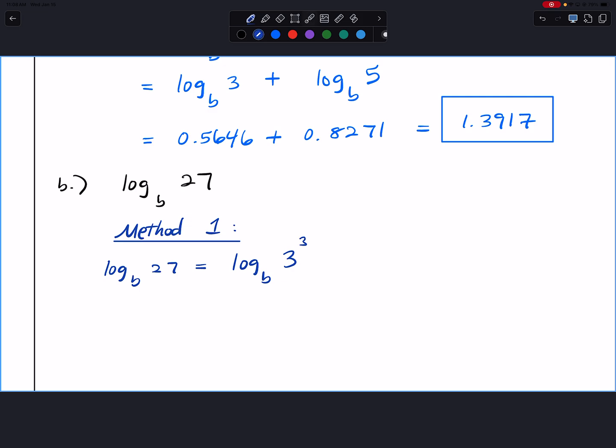What was the rule if there's a power on top of the argument? Where do I bring the power? Bring it to the front. So this exponent is going to come down to the front. Okay, so this equals 3 times log base B of 3,